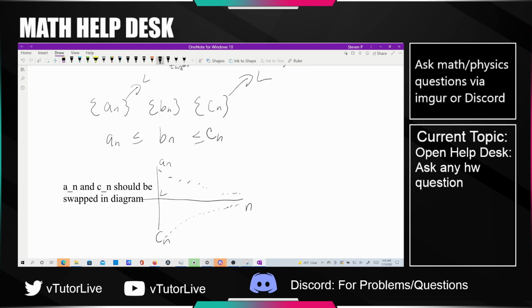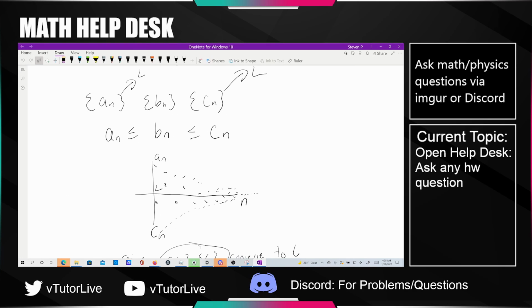We'll call this limit L. And then there's a bn sort of sandwiched in between them. You could be doing all sorts of crazy things in the middle here, but it's always between them. And the idea is that the sandwich theorem tells us that it eventually converges to L as well. Okay, so on to discussion of the actual sandwich theorem,